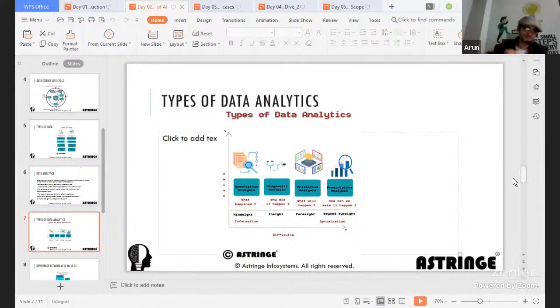Now, if you ask me, does every business need prescriptive analytics? Answer may be yes. Answer may be no. It depends. It depends on data. It depends on business scenario, use case, and many other things. If you ask me to predict whether mangoes could be plucked or not before rainy season, I would say you do not need a prescriptive. You do not need a model to suggest to you.